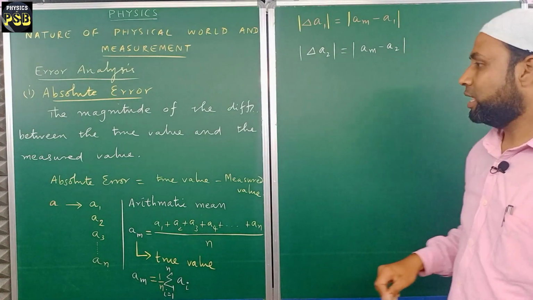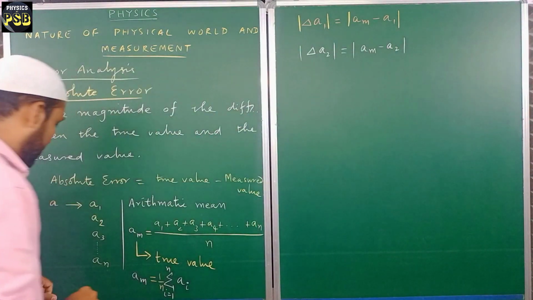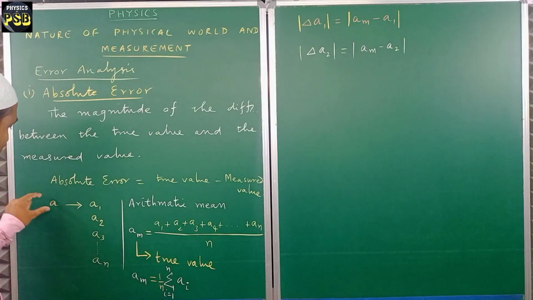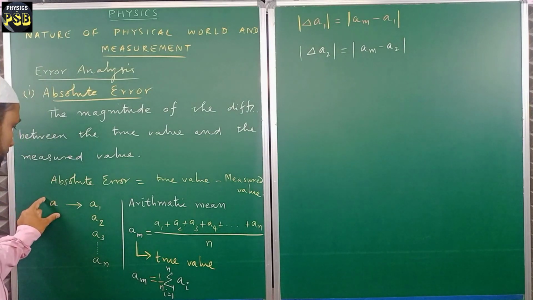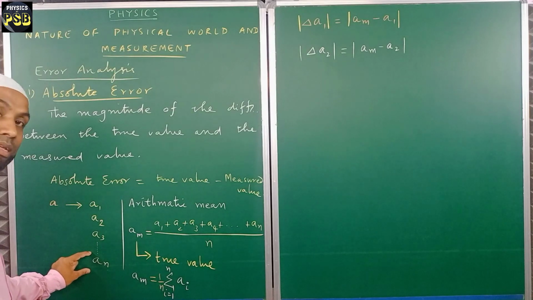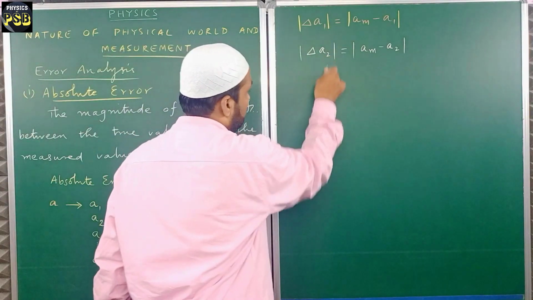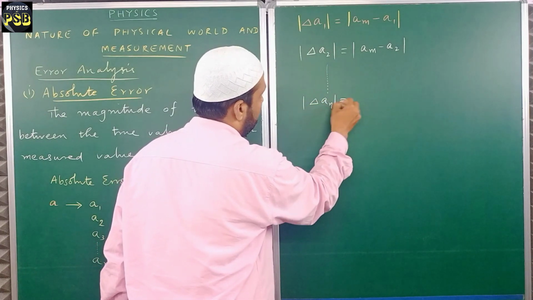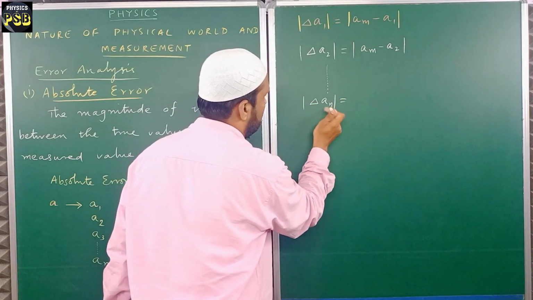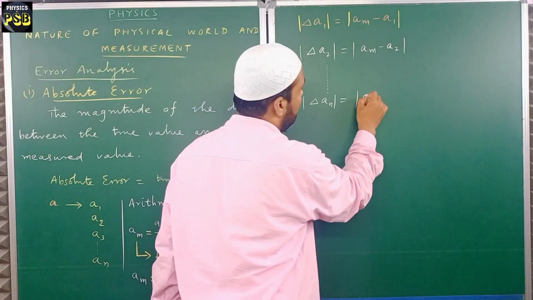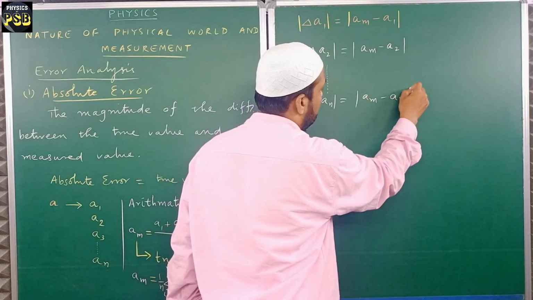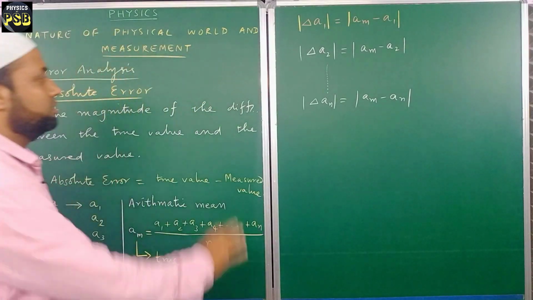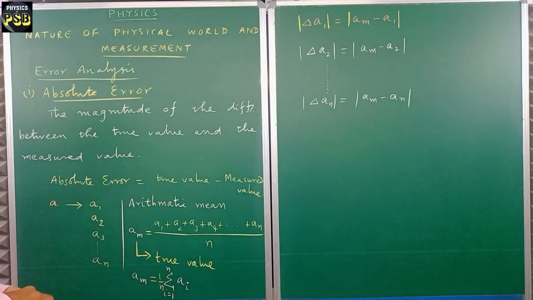Like that, the absolute error occurred in the measurement of physical quantity A the nth time is nothing but modulus of delta AN, which is equal to modulus of AM minus AN. Understand? This is how one gets the absolute error. I hope I have understood. Now, we'll move to